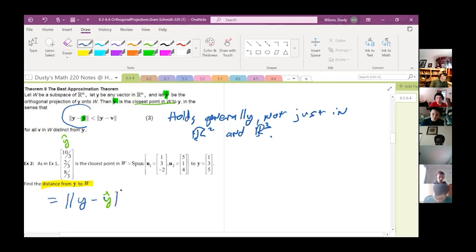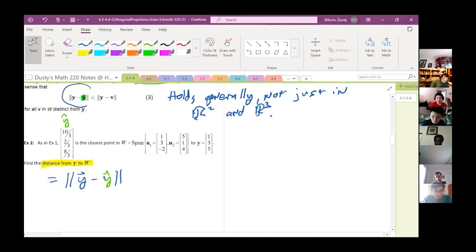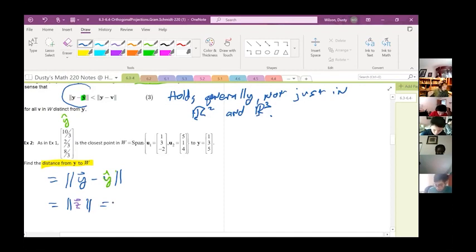And we have a special name for Y minus Y hat. What's our other name for Y minus Y hat? Yeah, from Hui and Gerline and Abe and Gerald and Felix, this is just our Z vector. So if we want to know the distance, it's just going to be the magnitude of the Z vector, which would be, I don't know if you remember that Z, but that was the negative 7/3, 7/3, 7/3. So this is going to be square root of 49 over 9 plus 49 over 9 plus 49 over 9,